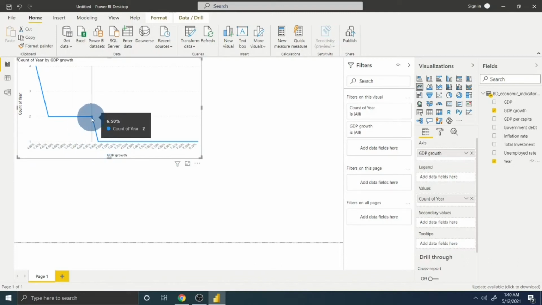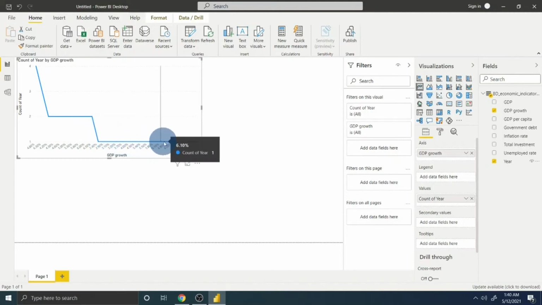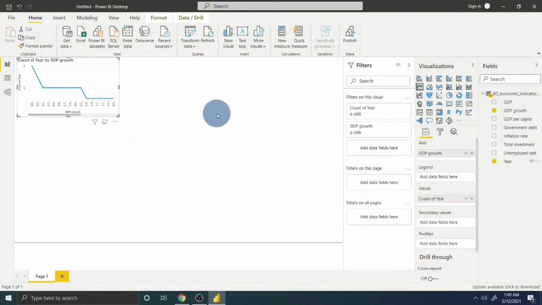In this particular case you see 6.50%, and then you see the GDP growth rate is consistent over the year, and gradually in recent years you can see that Bangladesh's economic growth is 7.90%. So you can visualize this information and get some insight into the data by drawing a line diagram.